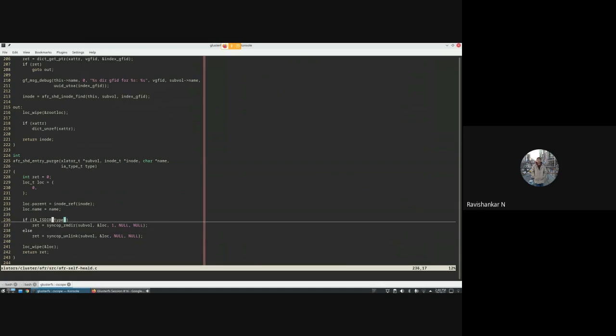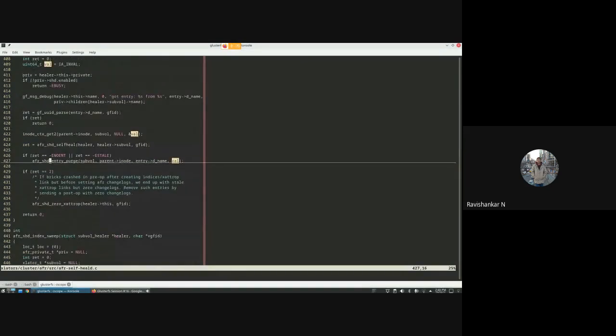I think it will send an RMD or an unlink with a special flag 1. In POSIX unlink it's fine, it's just order of 1. For RMD, if this flag is 1, it will move to a special hidden folder, and then a separate set of janitor threads will remove it. So this is anyway part of entry heal.